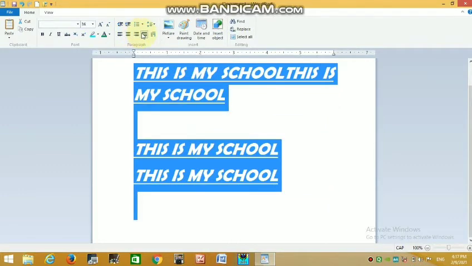So this way you can align your text. These are the basic paragraph commands.